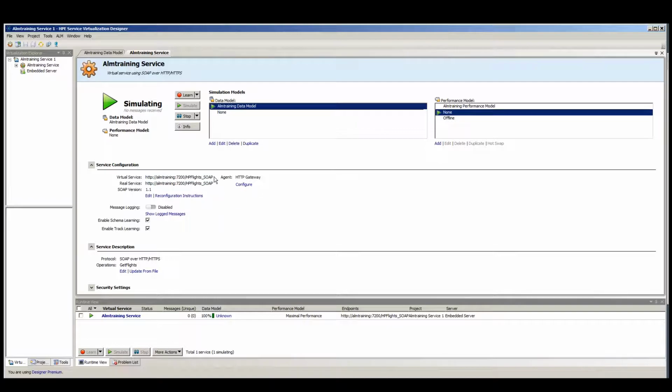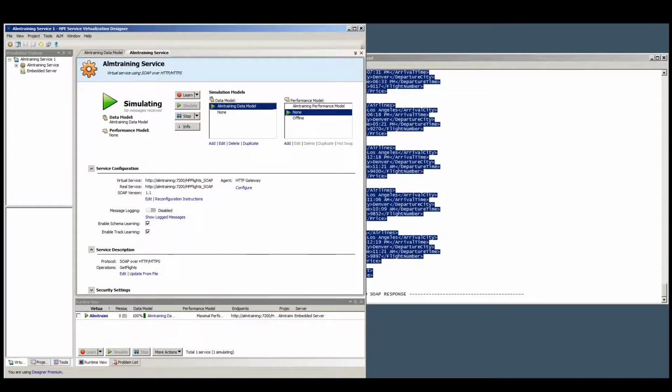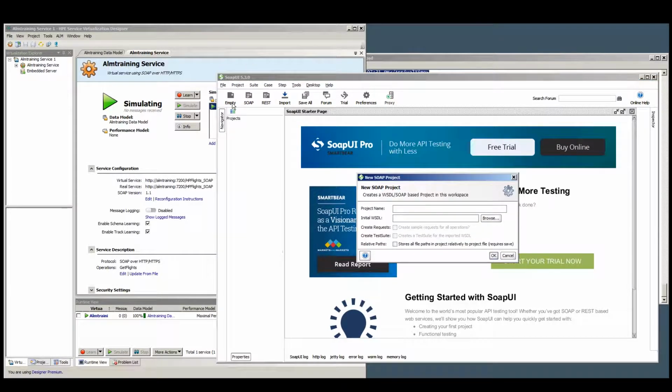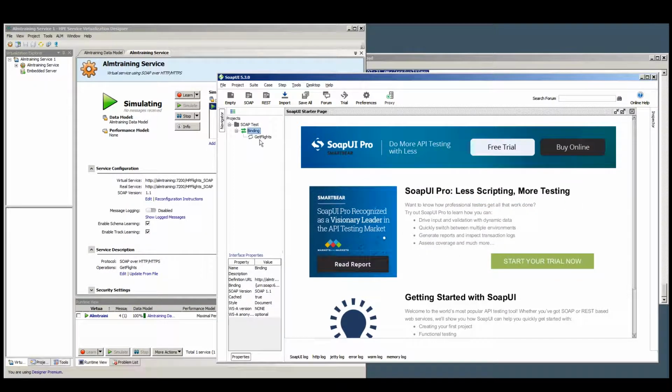Because now what we're going to do is utilize SOAP UI to make a call to this service to make sure that it actually works. So what we'll do is bring up SOAP UI and do a new SOAP project and we'll just call it SOAP test. And we'll paste our initial WSDL URL for that particular service that we're simulating here and click OK. SOAP UI immediately recognizes the service